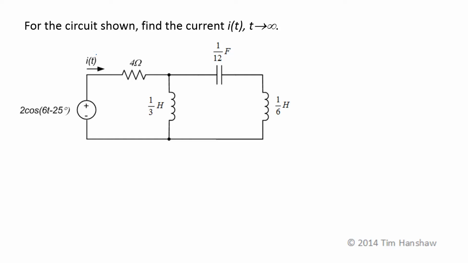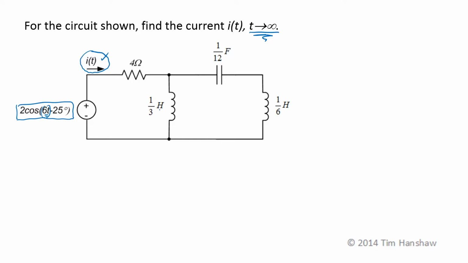For this circuit, we want to find the current out of the source as t goes to infinity. The input's a sinusoid with a frequency of 6t. That means that we're looking for the particular solution. We'll get a sinusoid out for I of t, which also has a frequency of 6t. It makes sense to do this circuit in the frequency domain, so we can transform all the circuit components to